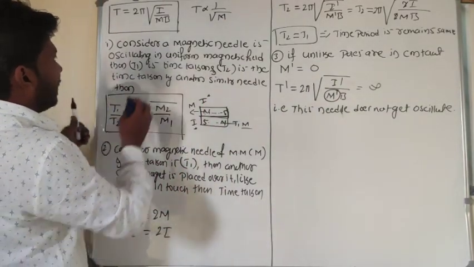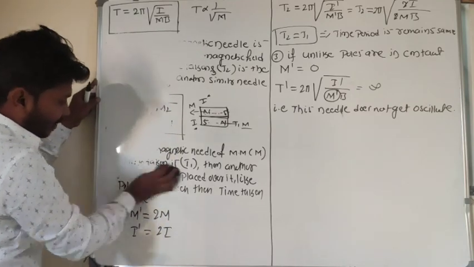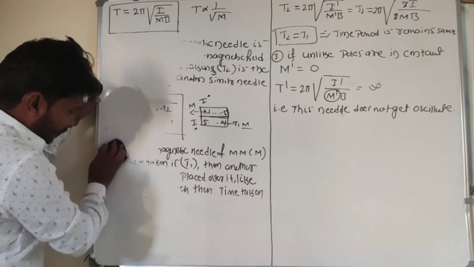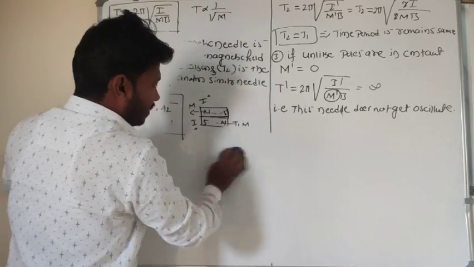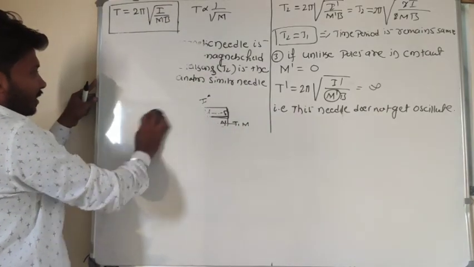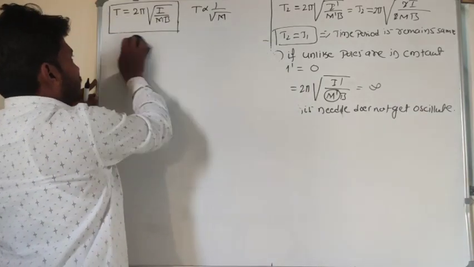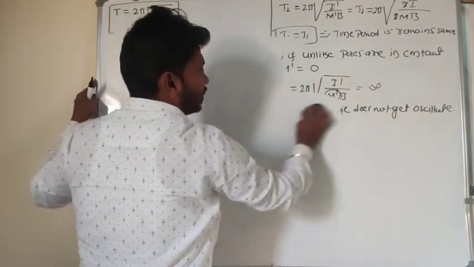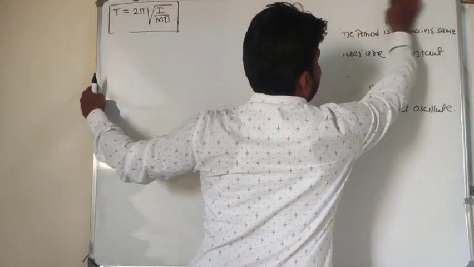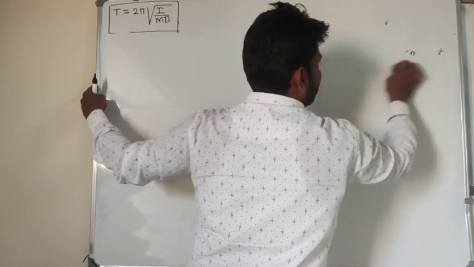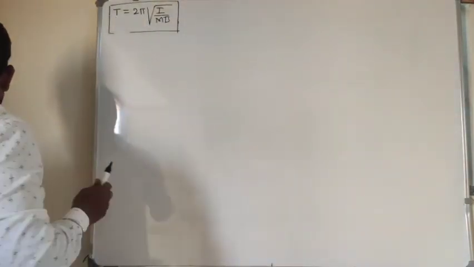I will take one magnetic needle or bar magnet, you can consider. I will cut it into n number of pieces. In the first class we also discussed cutting into a number of pieces in a horizontal manner and in a vertical manner, and we got the equation for the magnetic moment. In those cases I will make use of that application and apply it here. Look at here.